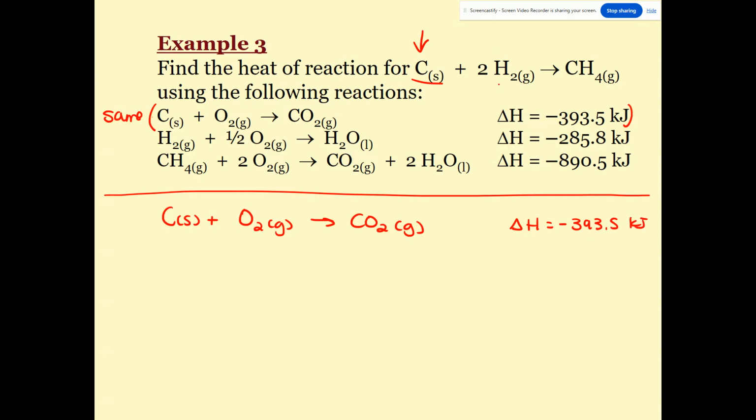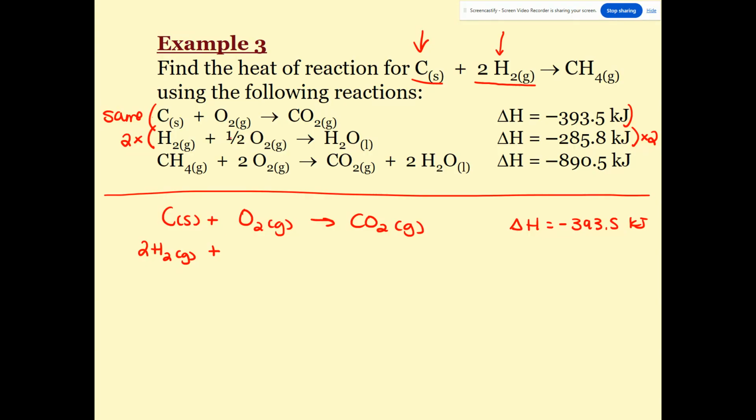Next, I need 2 moles of hydrogen gas on the reactant side. This equation has hydrogen gas on the reactant side, but only 1 mole. So I'm going to multiply this reaction by 2 and also multiply the delta H by 2. So this leaves me with 2 H2 gas